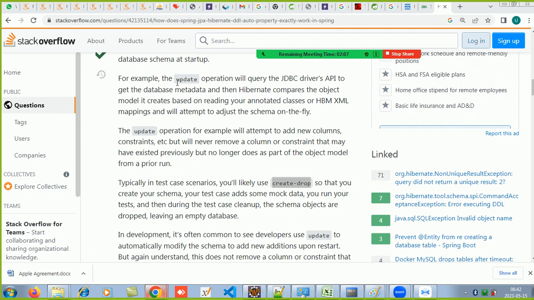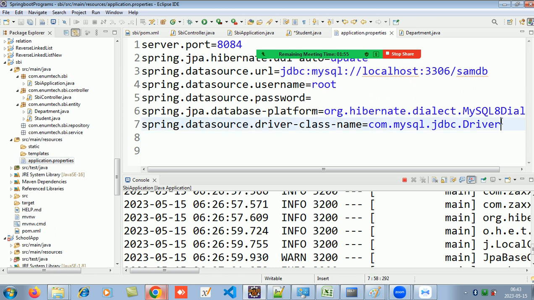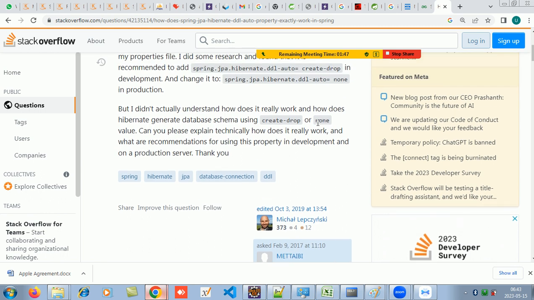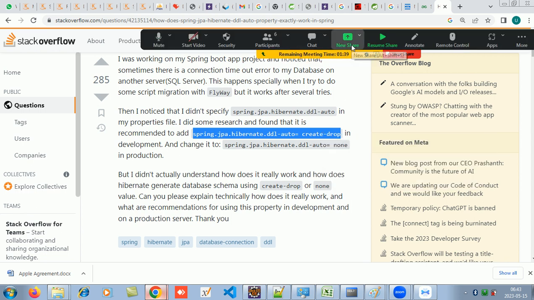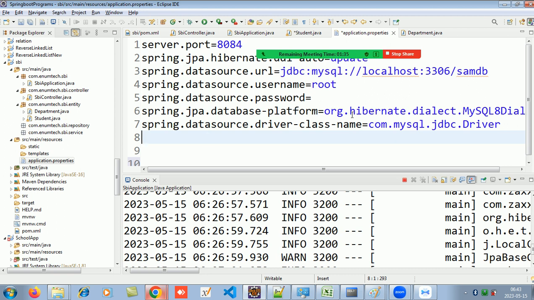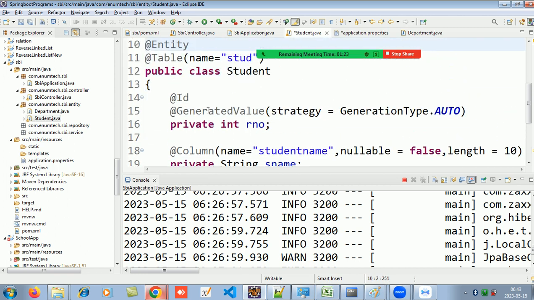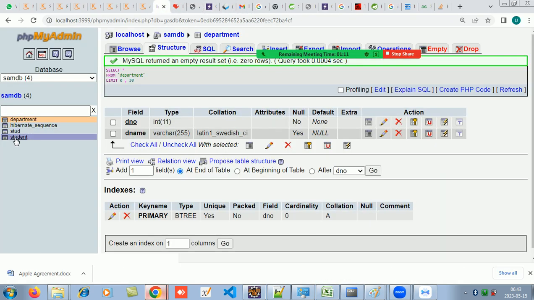Try to understand this attribute, update and create-drop. In our application properties we have mentioned this. The other we have not mentioned, so let's mention it now. What is it? Spring data, copy, and now I am putting it. So create-drop, what will it do? We had changed the settings for the student table, right? And named it stud, but still it was showing us both the tables. If you see in your database, it is still showing us both the tables, student and stud, because